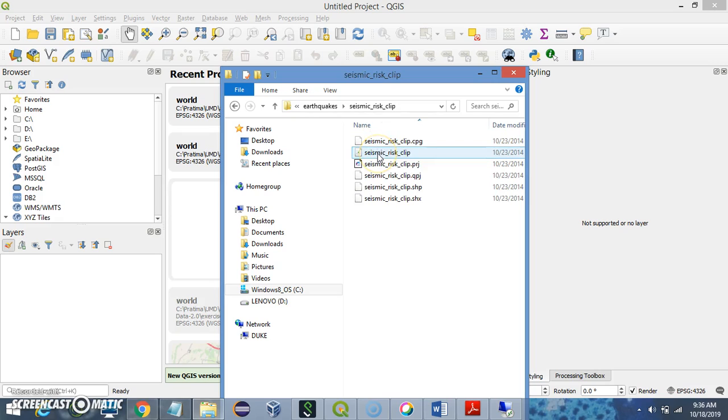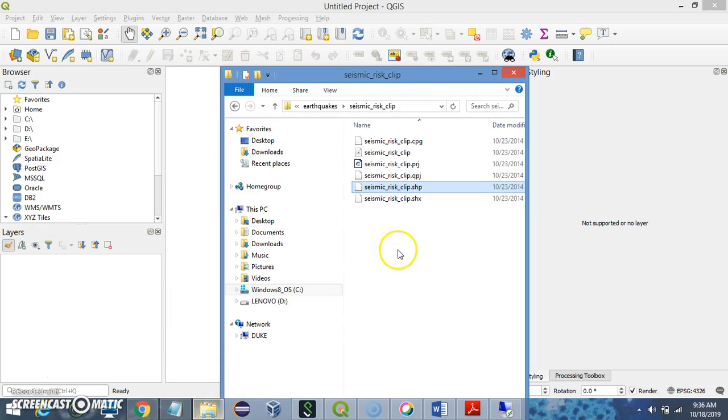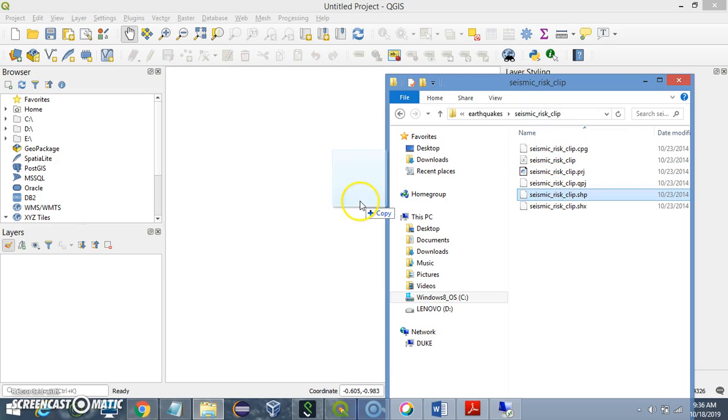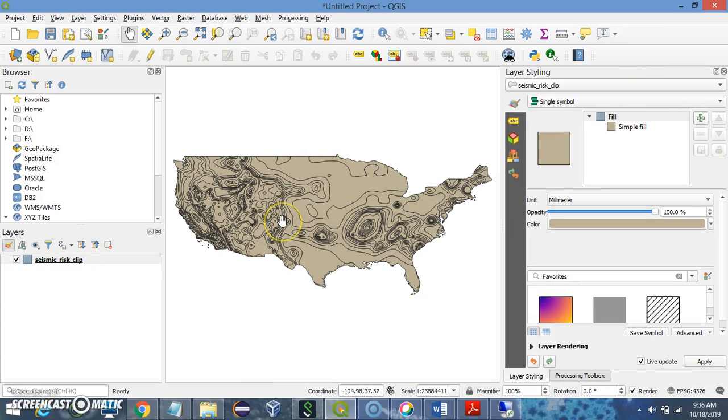This is the shapefile that I need to import. I will just drag and drop it. Now that I have it over here, the next thing that I'm going to do is